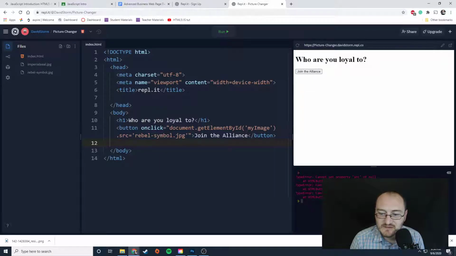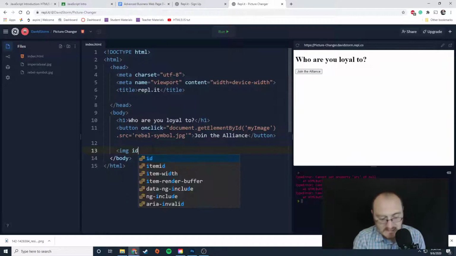Now notice it doesn't do anything because it's saying, hey, what SRC are we looking at? There's no get element by ID my image. There's no element that has my image attached to it. So let's go ahead and create one. It's going to be an image file, and we're going to say ID equals